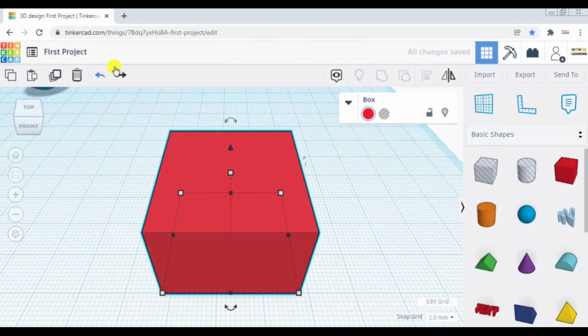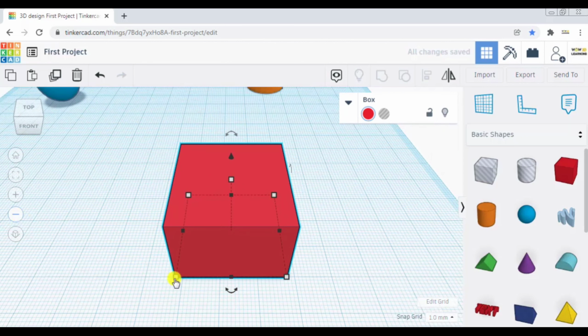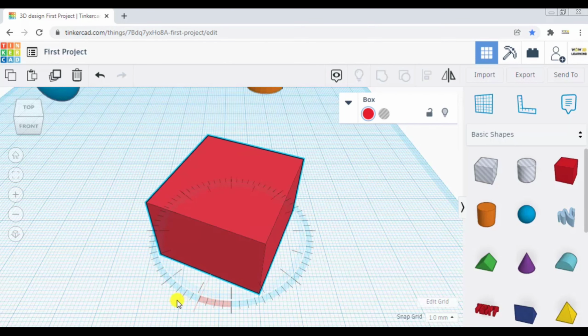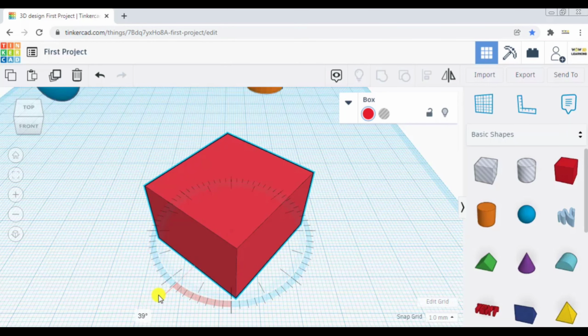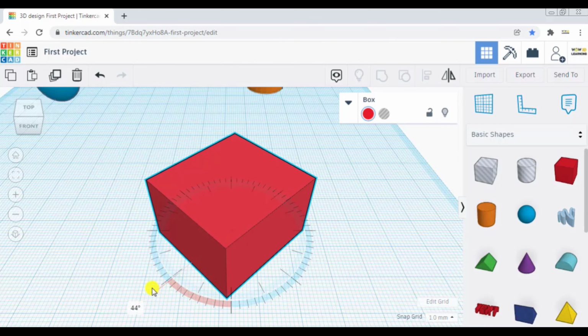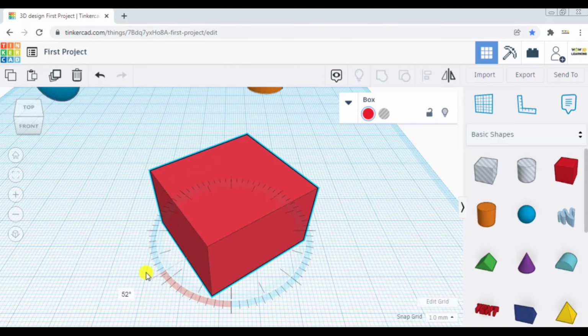Now if I click again and zoom out a little bit, so much so that this time when I click on rotation, I keep the cursor of my mouse outside the blue highlighted circle. You can see now I can move in 1 degree each, 34 degree, 36 degree, 37, 38, 39, 40. You can see I am moving in 1 degree each rotation.